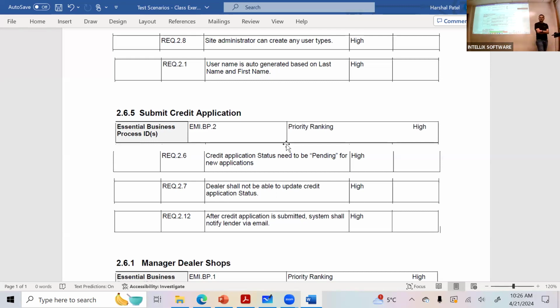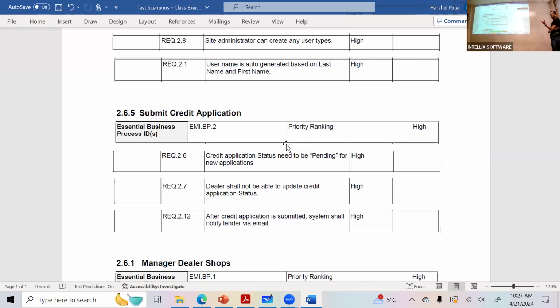The credit application was able to be put on pending for new application. Right, so what does it mean in terms of what it's trying to do here? Whatever your understanding is, right? The credit application was for the loan, and the status was being able to be put as pending.